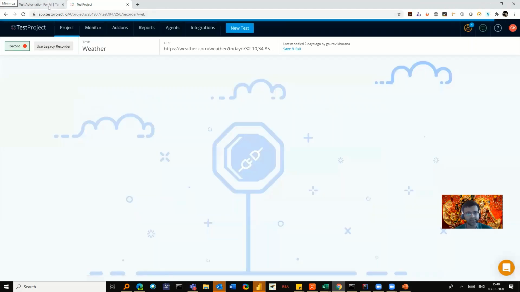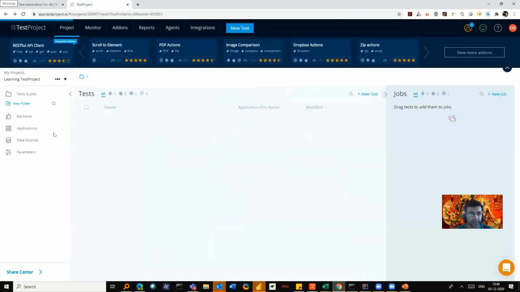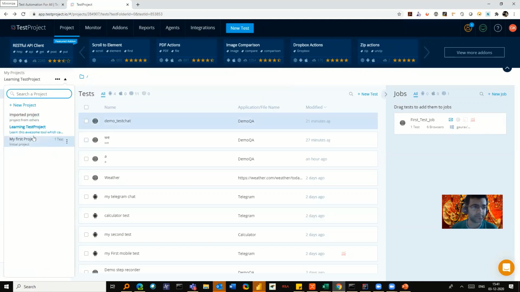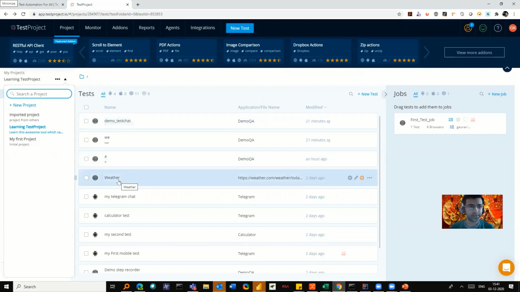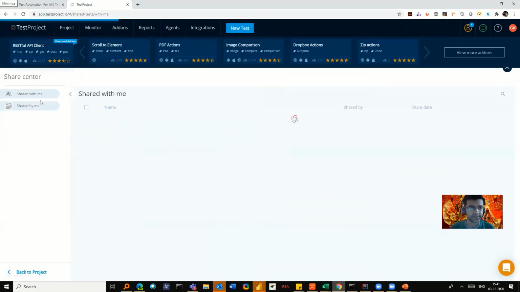So I'm opening this test as of now, which I have imported from somebody, who shared it online, and I imported it from them. This weather test is the one which I didn't write, but it was very simple to get it from other people. Here, share center, shared with me.